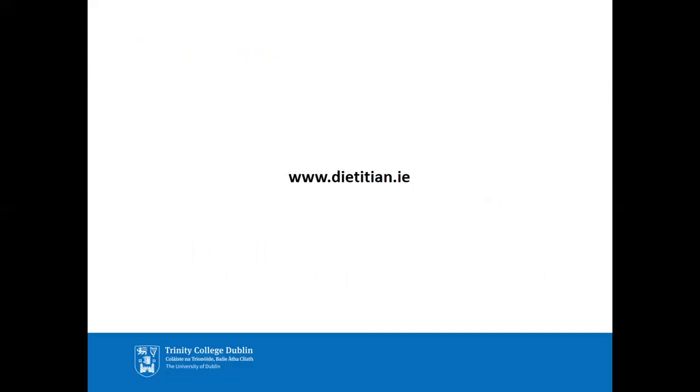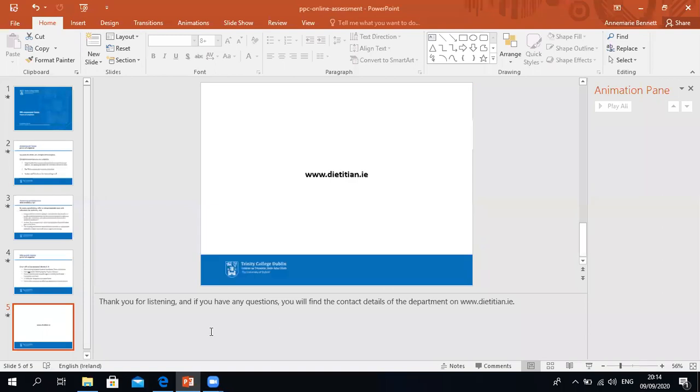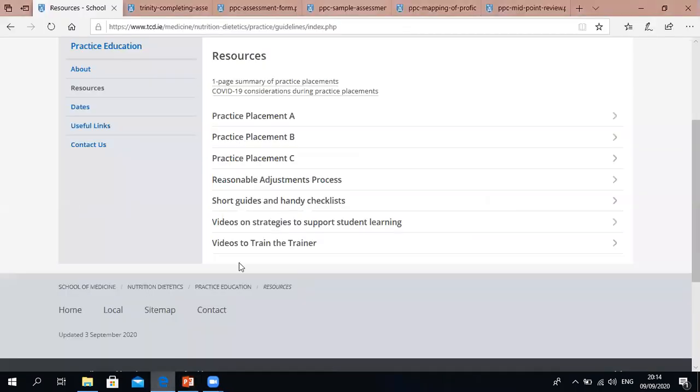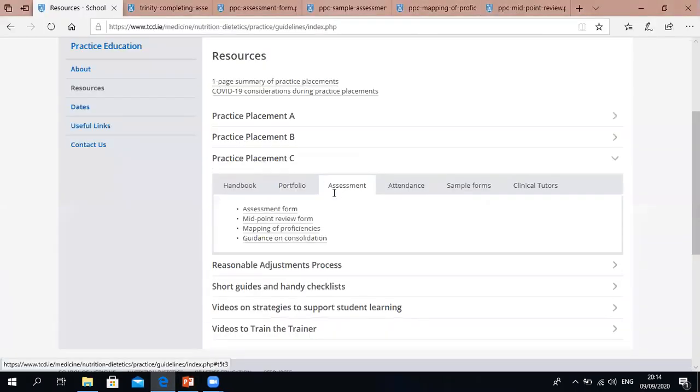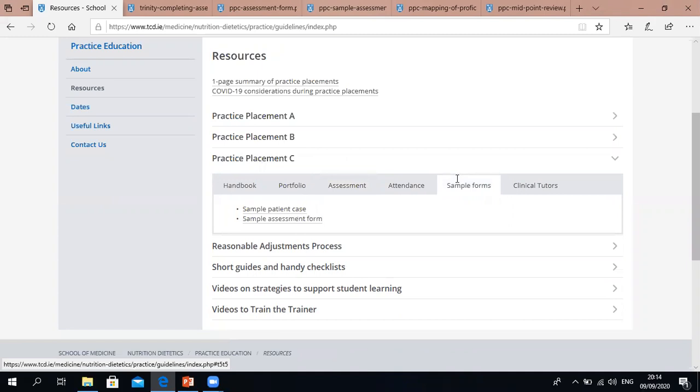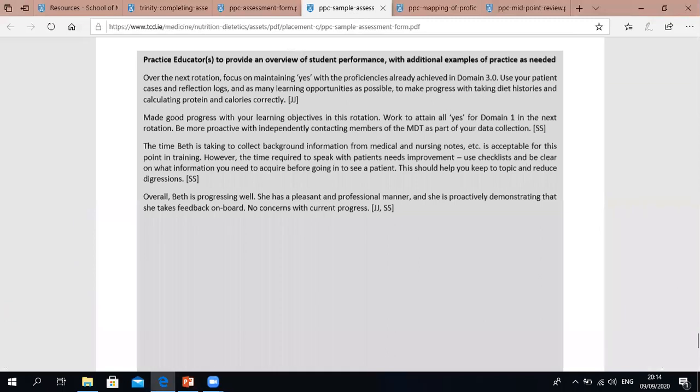So if we have a quick look at these 2 forms of assessment on dietitian.ie, you'll see here under the assessment tab that there are blank assessment forms and midpoint review forms. There are also sample completed forms here. And if we have a look at a sample completed assessment form,